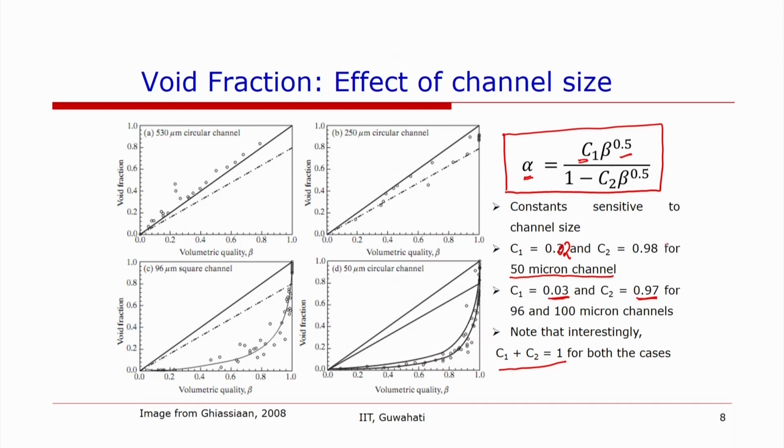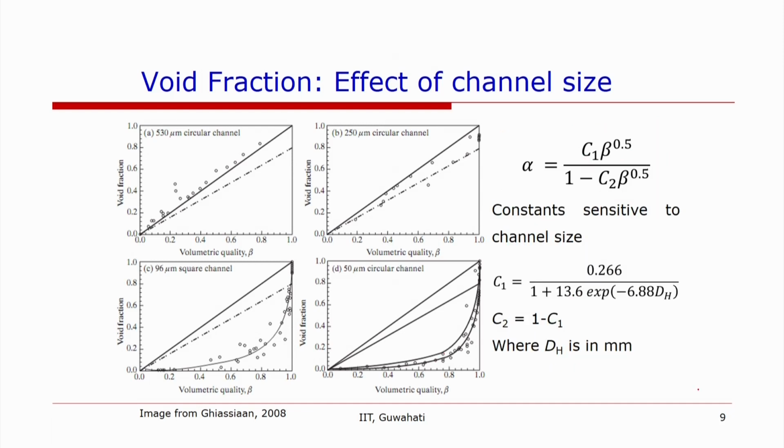However, the difference between those is not very large, as you can see from here. Now, they further developed that these constants are sensitive to channel size, and then they developed a correlation C1 is equal to 0.266 divided by 1 plus 13.6 exponential minus